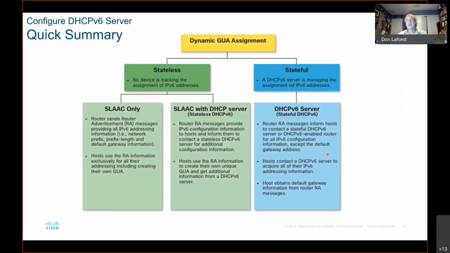Now again, just a quick summary. Remember, we're talking about dynamic global unicast address assignments. There are 2 different ways: stateless, where nobody tracks the address, and then stateful. When you go to stateless, there are 2 different stateless options. We have SLAAC only, where the router advertisement has all of the information you need. And then there's the other flag is set, and that's where SLAAC also needs the DHCP server to give some